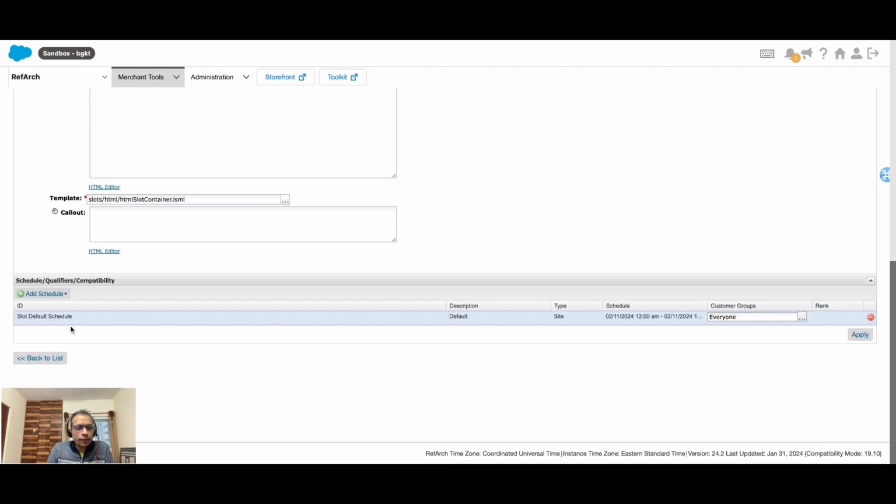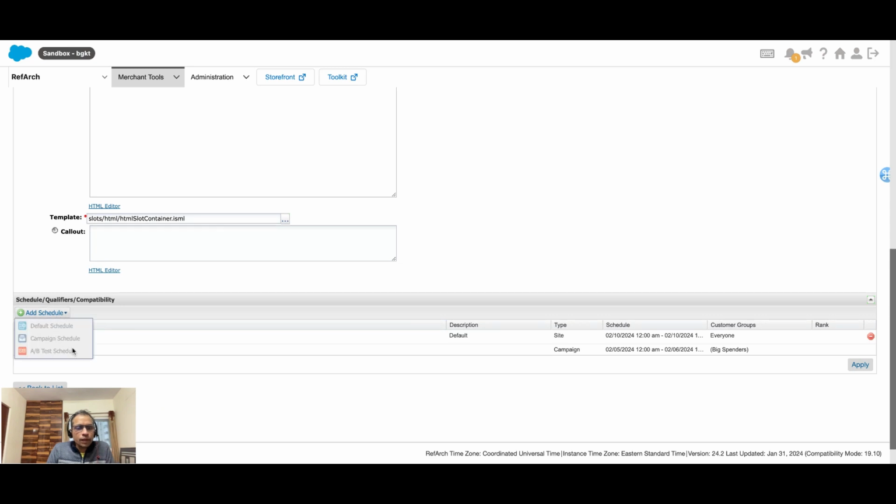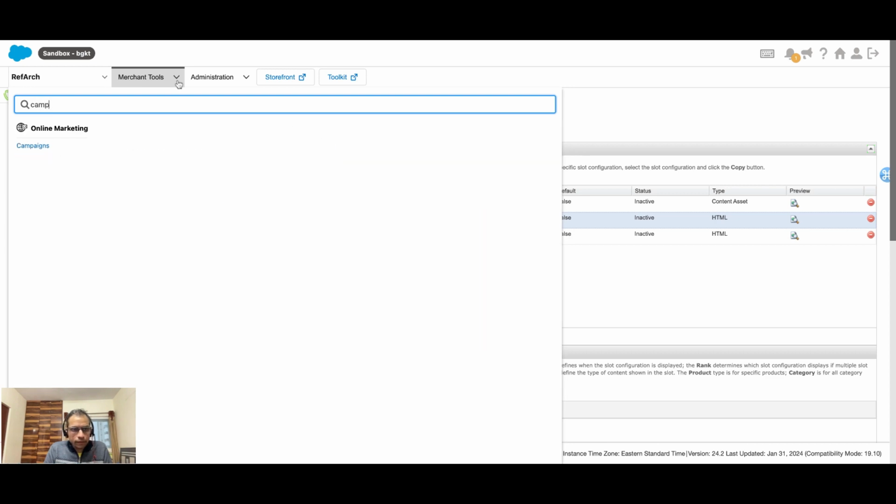The other way is, if you see it here, you can put a schedule. So that's for a default schedule. Now there is another way, which is the campaign schedule. So you can also create a schedule through the campaign. Now if you go to the campaign, let's say here,